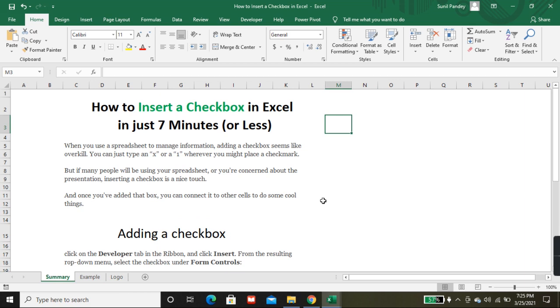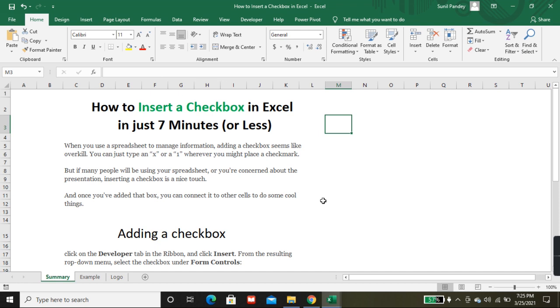How to insert a checkbox in Excel within 7 minutes. When you use a spreadsheet to manage information, adding a checkbox seems like overkill. You can just type X, 1 or 2 or anything instead of a check mark.